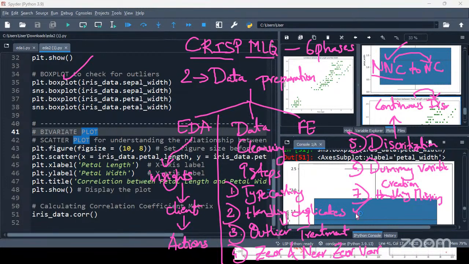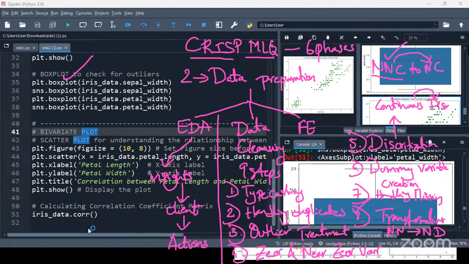Next to handling missing values, we'll have transformations. What exactly transformations do is convert non-normal data to normally distributed data.